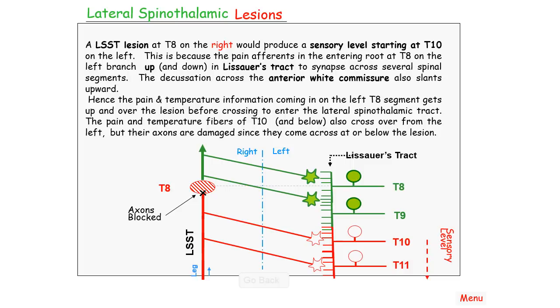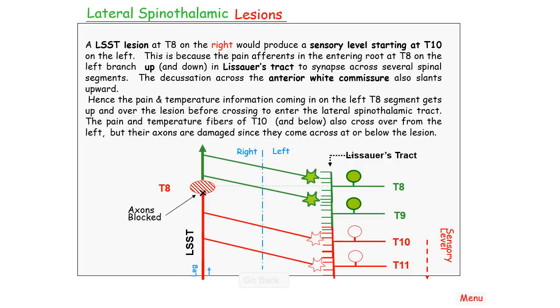This is because the pain afferents that come in the various dorsal roots would travel a couple of segments through Lissauer's tract, and therefore they might escape the impact of this lesion at T8 because fibers that are coming even in at T9 would travel in Lissauer's tract and only cross over above the lesion, so that even a person who has damage at T8 might have intact sensation on